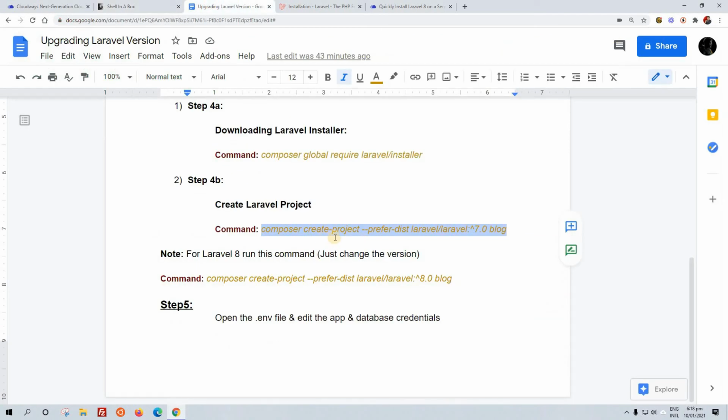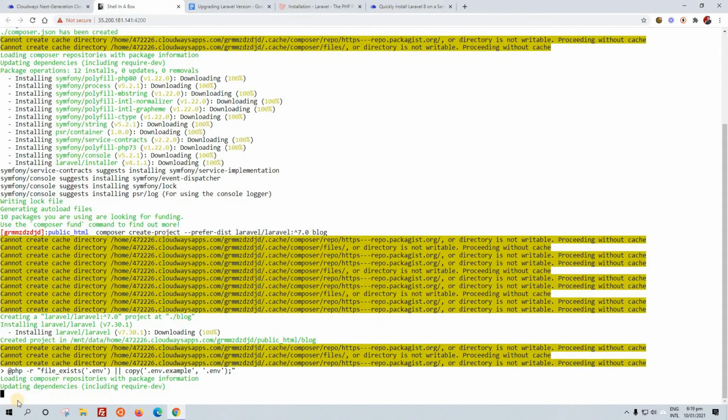Meanwhile, if we move to the installation guide that I have just created, we are going to create a Laravel project. For Laravel 8, we just change the version. It is just updating the dependencies. It's going to take a certain while to get completed.